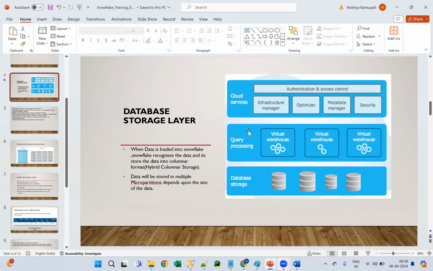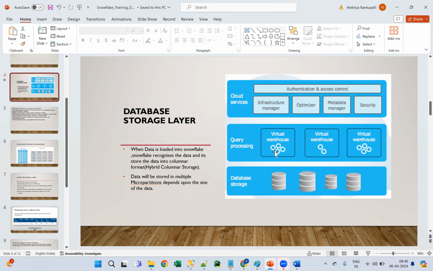In Snowflake, we need to write the queries to see the data. If you want to write and run those queries, we need some compute power. That will be given in the query processing layer. From the virtual warehouses, we will get the compute power, guys. So in Snowflake, by using these virtual warehouses, we can run our queries in the query processing layer. Whatever query you want to run, we need to create these virtual warehouses, and also we need to provide some clusters.